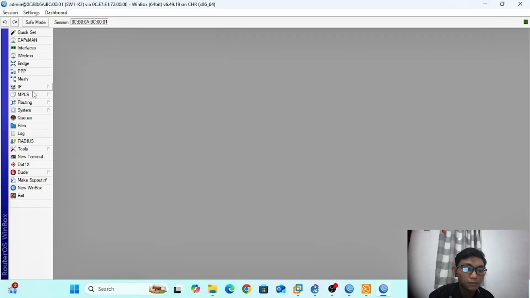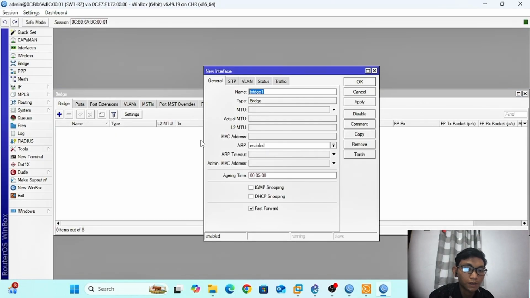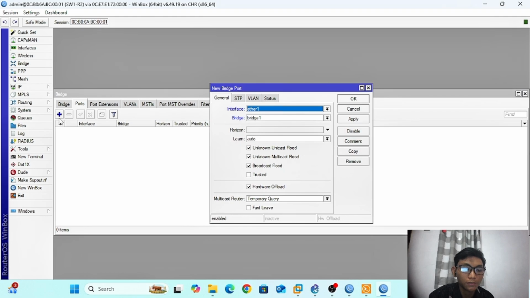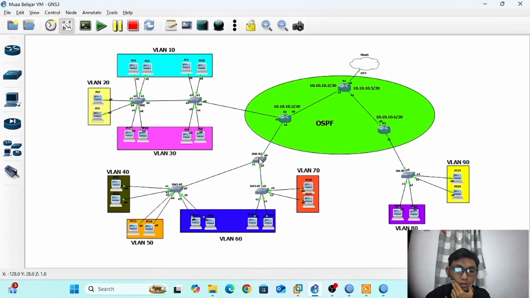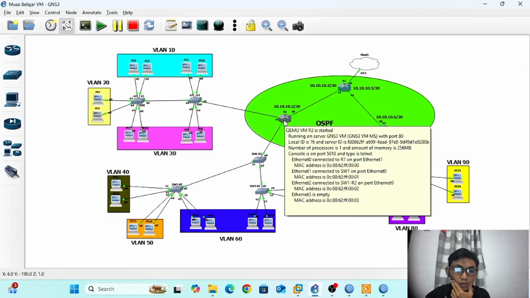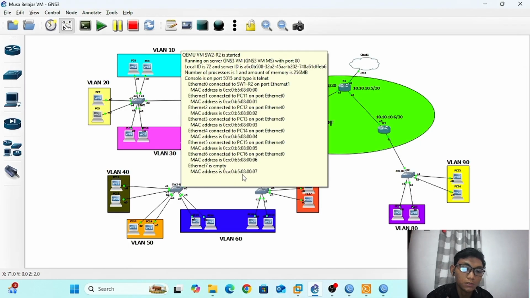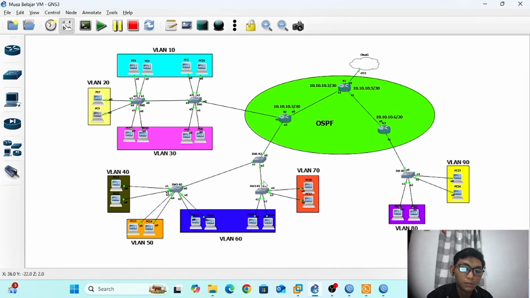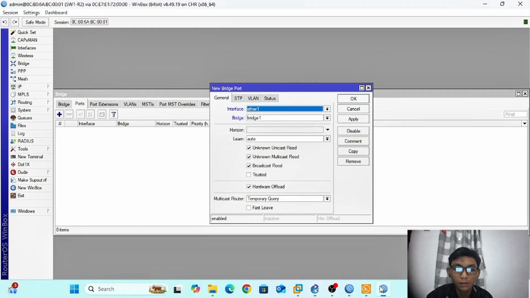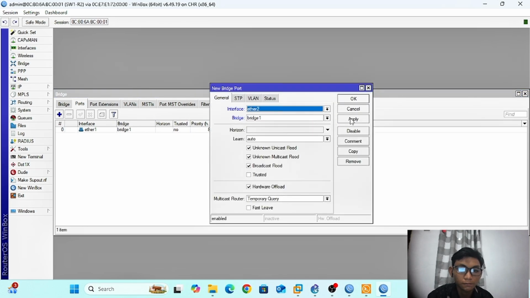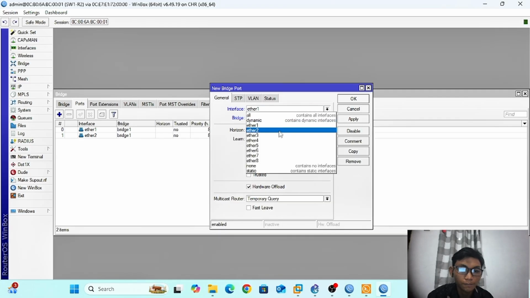Here we make the bridge, and in the port we go to interface ether 1 for trunk to router 2, ether 2 for trunk to switch 2, and ether 3 for trunk to switch 3. Okay, again.